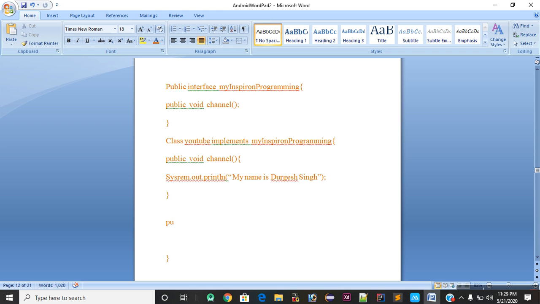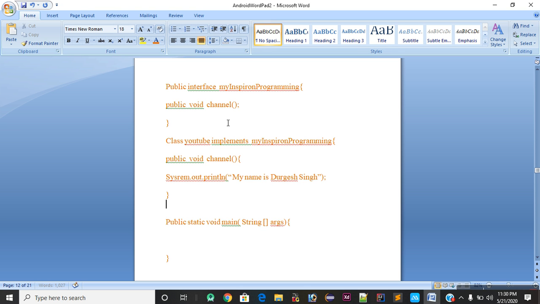So I will write public static void main, and in this main I have to pass an argument as a String square bracket args, and curly braces open and start. So I will make the reference of my interface.